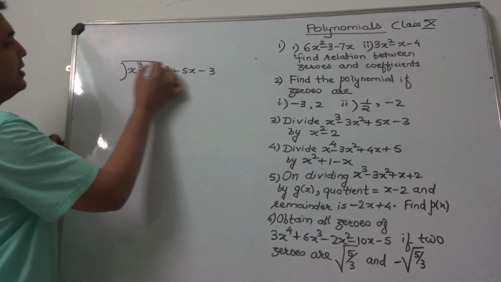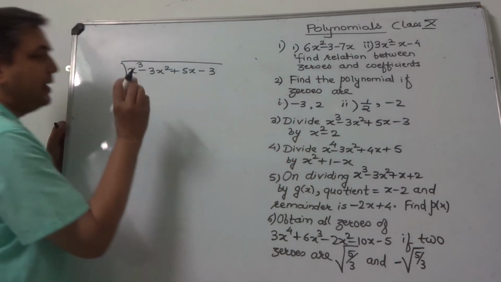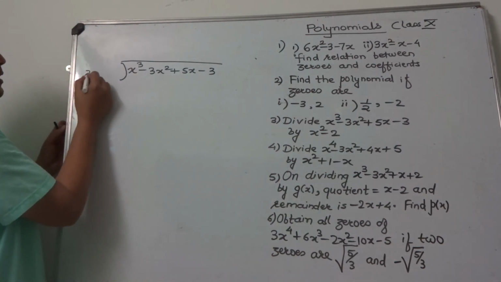And when we divide this by x square minus 2, there is no term of x. I write it deliberately. X square